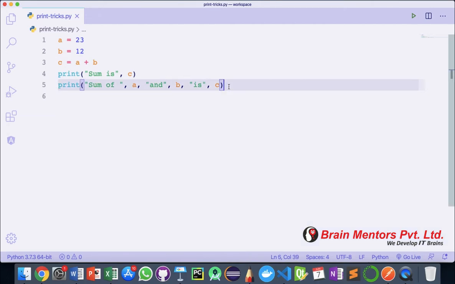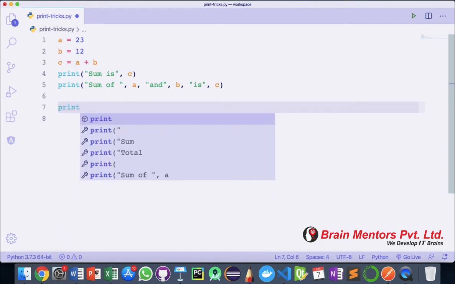So this is the most basic print statement that you can utilize, but it's a little bit difficult because of the double quotes you have to maintain and the commas you have to keep track of. So this is a little bit difficult statement to handle when you have got multiple variables. So instead of this, we have got another print statement that is a little bit inspired from C++. So let's see the second print statement here.